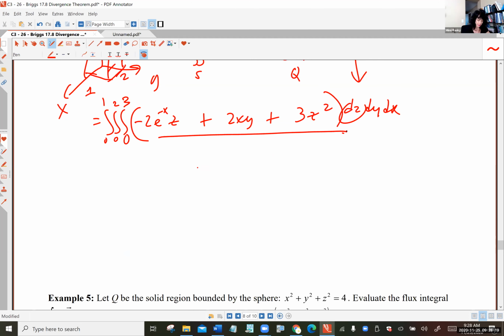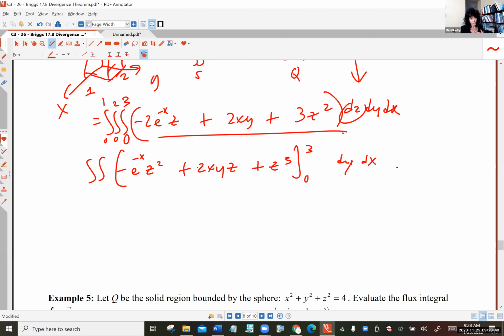If you integrate this with respect to z first, you should get negative e to the negative x z squared plus 2xyz plus z cubed, and you evaluate that between 0 and 3. Be careful, because some people got the wrong answer since at the very end they forgot e to the 0 is not 0. Now when you plug in 3 everywhere,